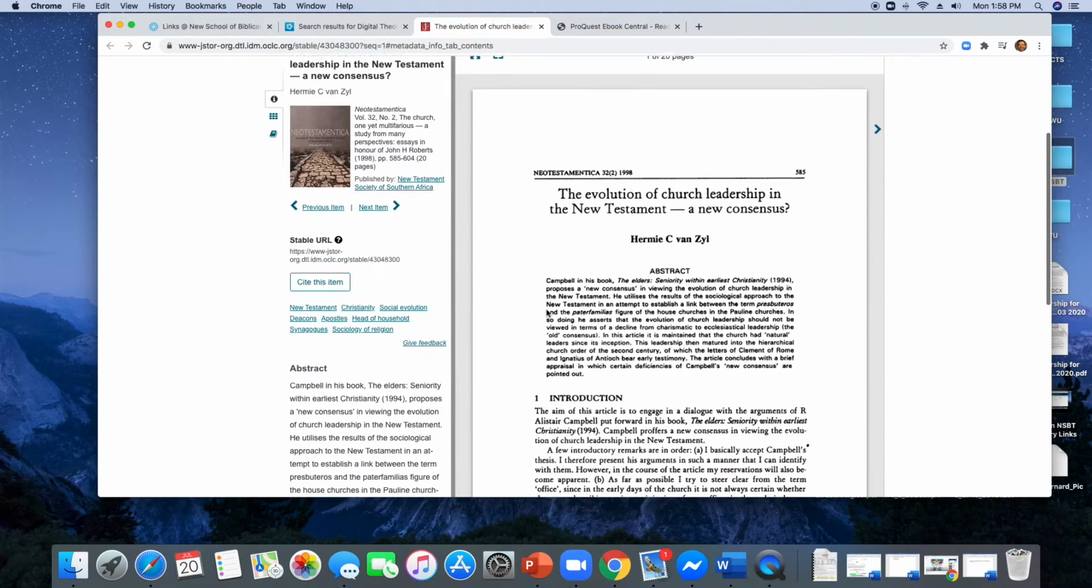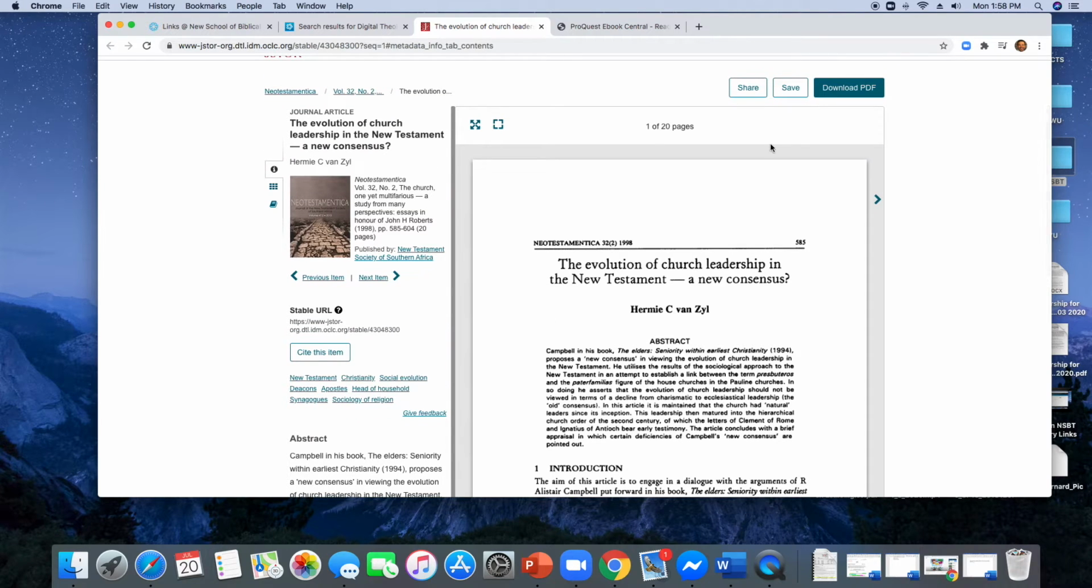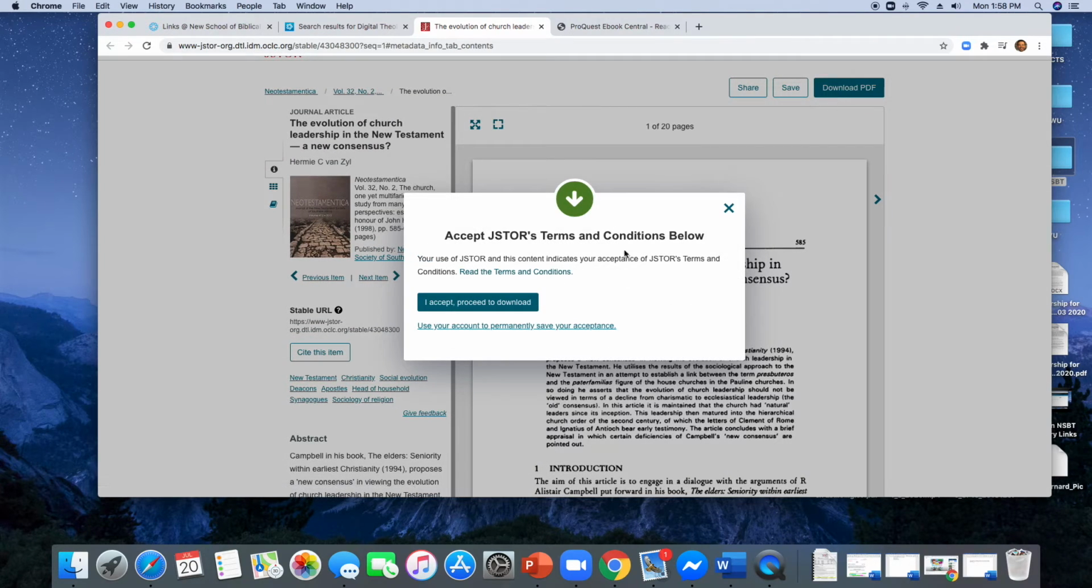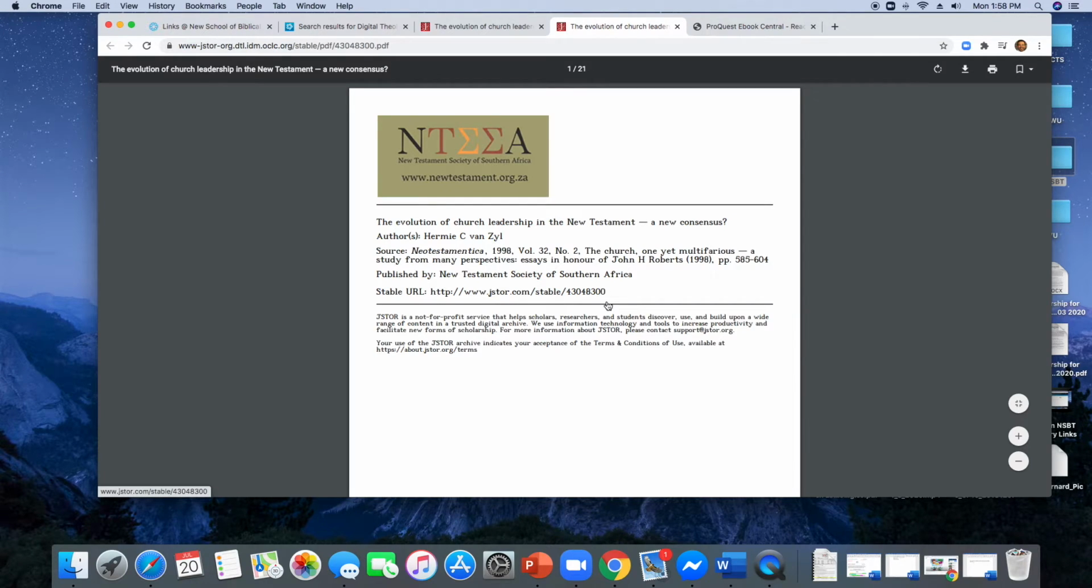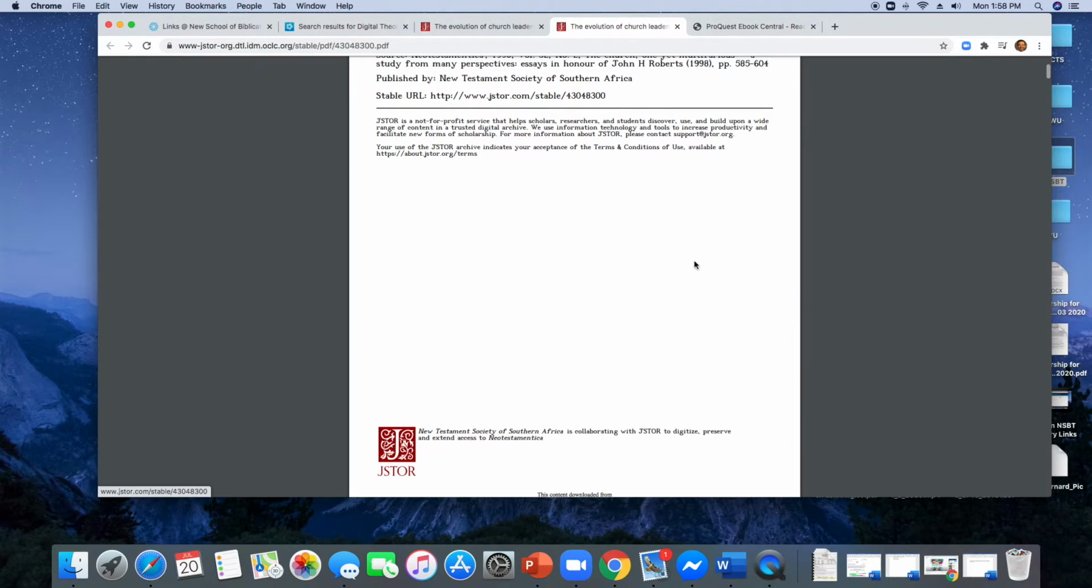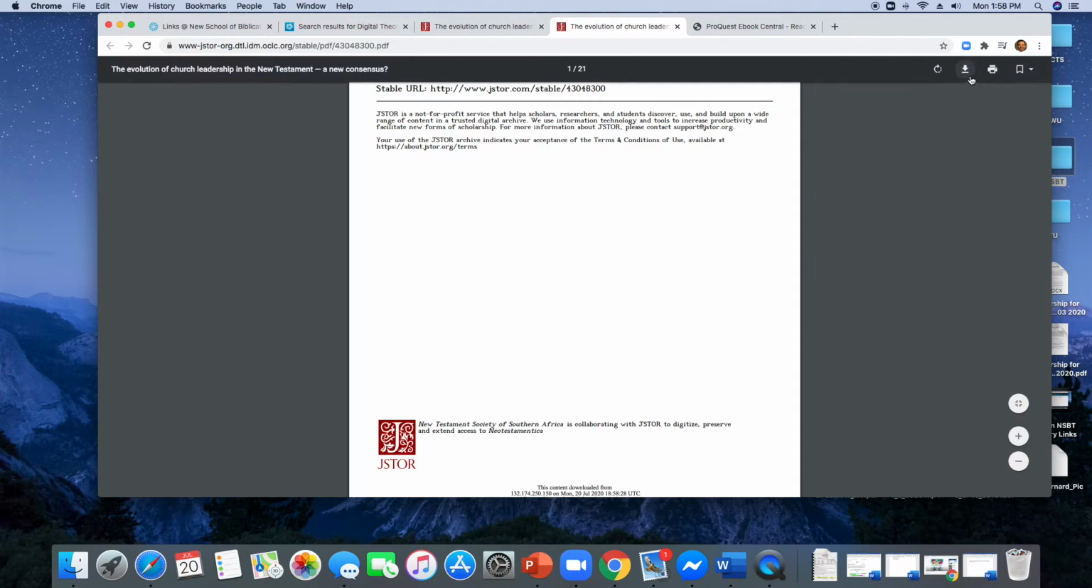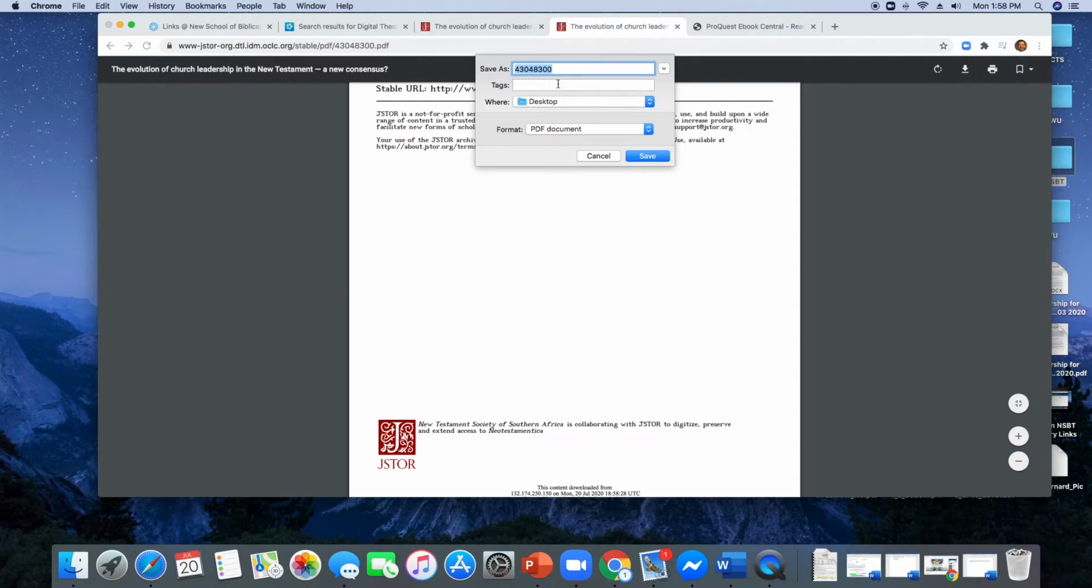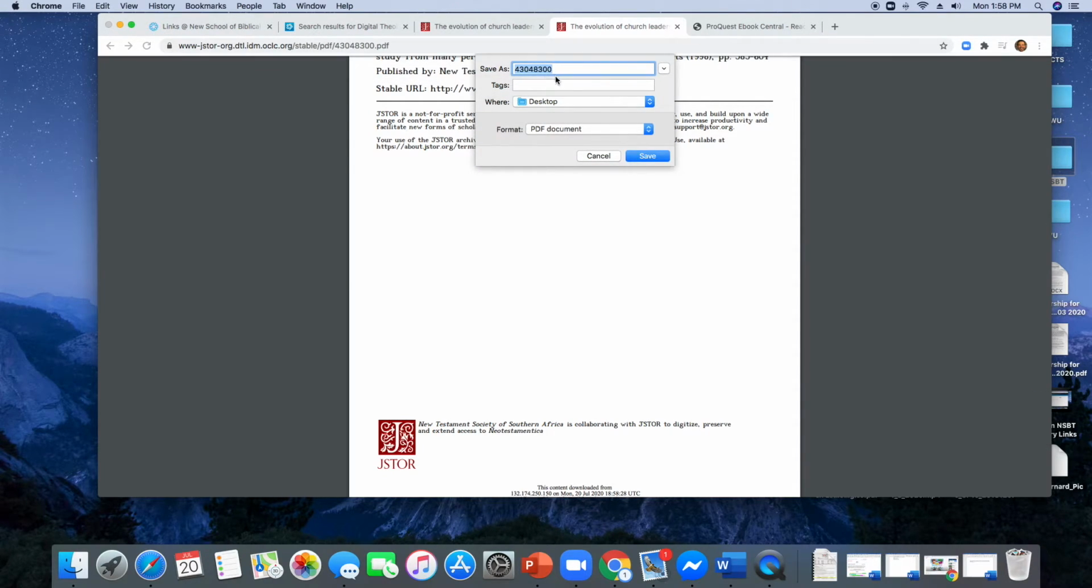What this allows you to do is download it as a PDF. You want to accept it. It opens it up as a PDF. And look at this, what I want to show you. It's really nice. Let's say you want to download this. You download it, and you'll give it a title,